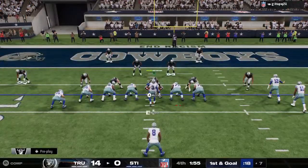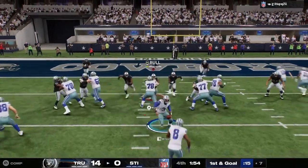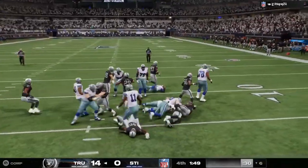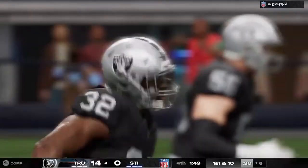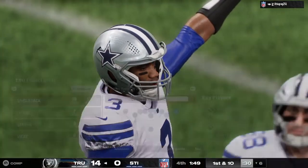Now, 1st and goal. They'll drop to throw. That's over the middle and intercepted. Picked off by Nick Bolton. And the Raiders are going to take possession here at their own 6. These second-half red zone opportunities